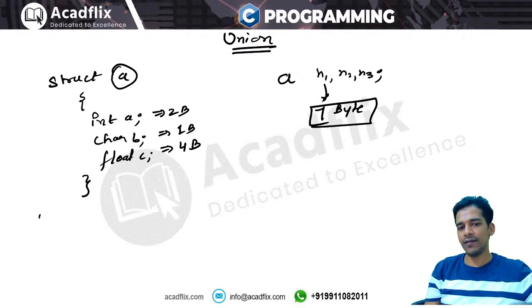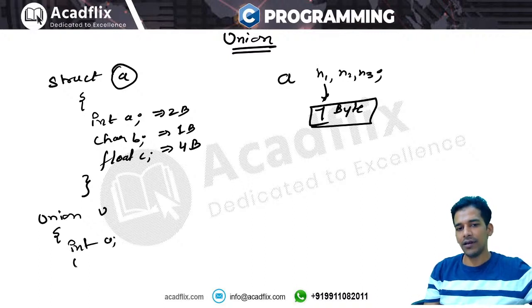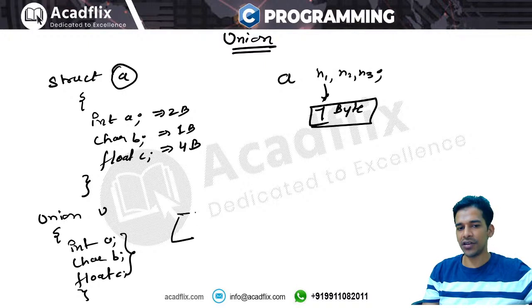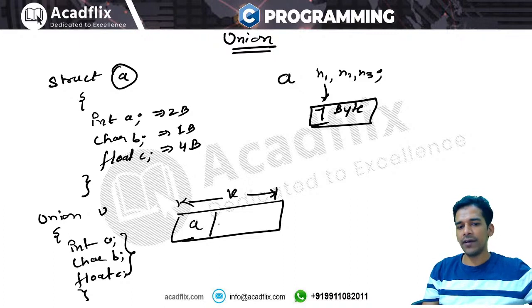But union says that if you make any data type using the union, let us say union u, in case of union you will take the maximum value. Let us say you declare int a, char b and float c. You have declared 3 members in this union, and if you want to use any one member at one time, then I will calculate the memory only for the highest memory member. For example, float is taking the highest memory out of all these 3 members, so union will take only 4 bytes.